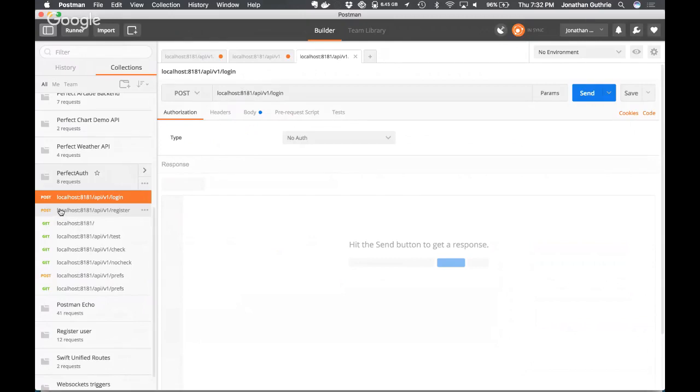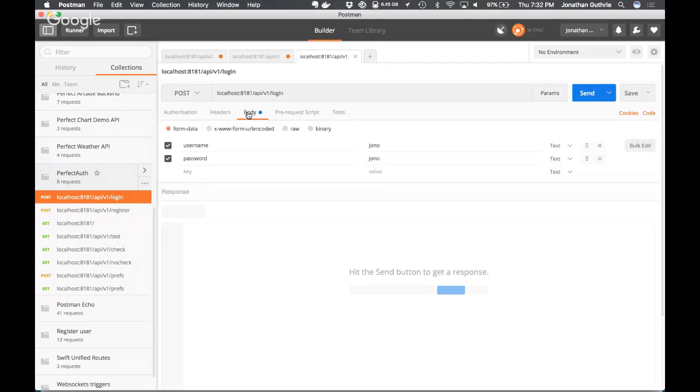First, we've got a JSON API route, API v1 login. This one has no authentication or authorization, but we're sending form data, username Jono, password Jono. It's exactly what we did in terms of our web stuff, right?